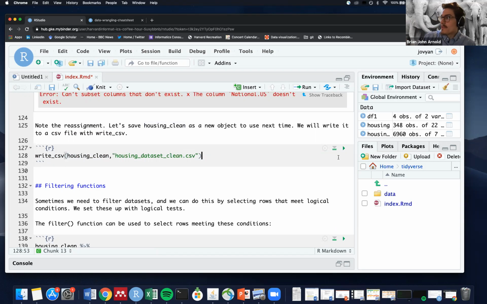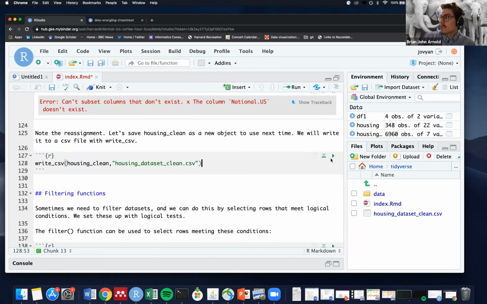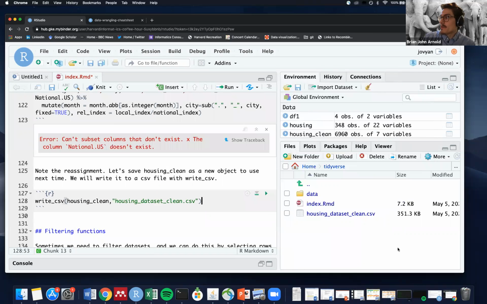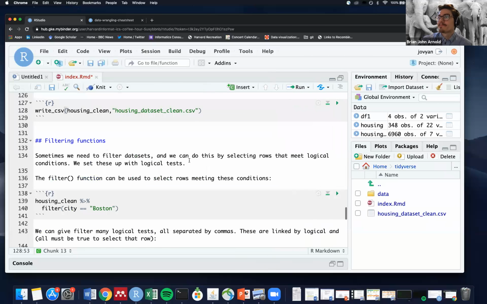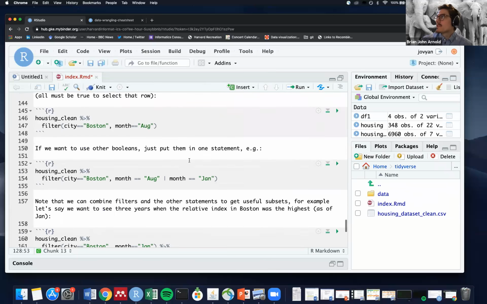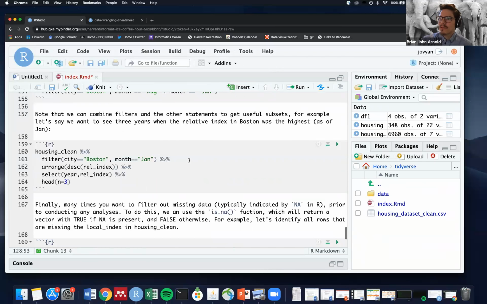So if I run this code, as you can see, something over here popped up, housing_dataset_clean.csv. So now next time we start R, we could even just load this data set here, or we could share this with collaborators. Okay, so I'm going to spend just the next 5 minutes or so, or 10, going